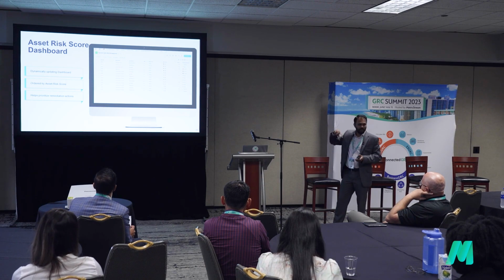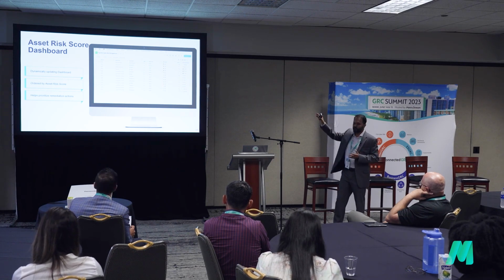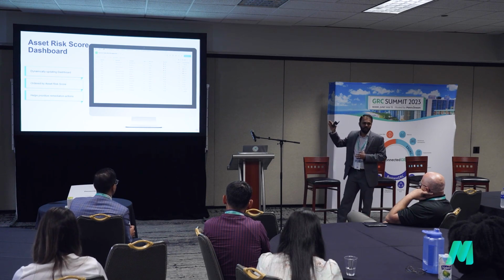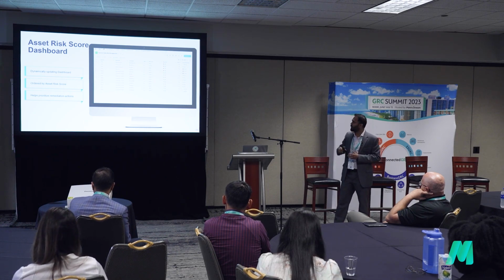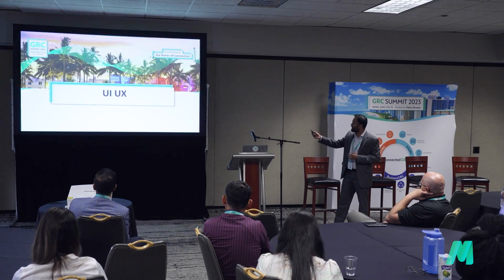Because this is happening in real time behind the scenes, it updates the record and brings the score lower, and then the other one will come up, so that you are constantly looking at the ones that you need to attend to as a team, and focus your team's efforts on managing the most important assets. So this is how the dashboard would look, and this is the last slide on